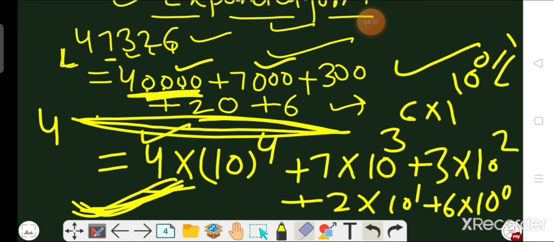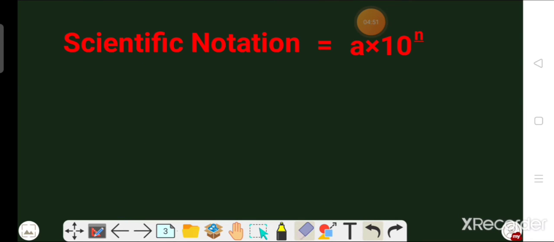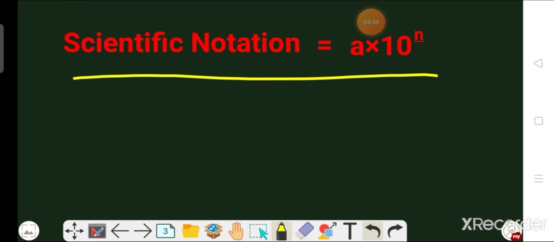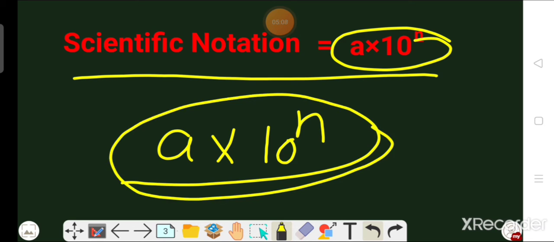So these are the two forms in which we can convert a given decimal number. Okay, now we will take another form of number, and that is scientific notation. So beta, this is scientific notation. In the case of scientific notation, we have to represent a number in the form a multiplied by 10 raised to the power n. This is the scientific representation of a given decimal number.